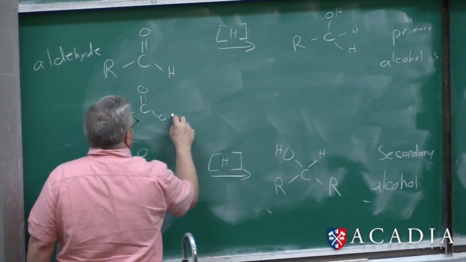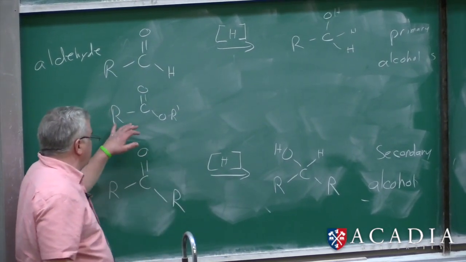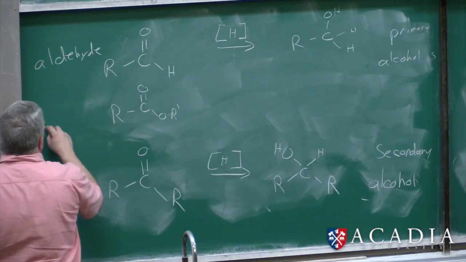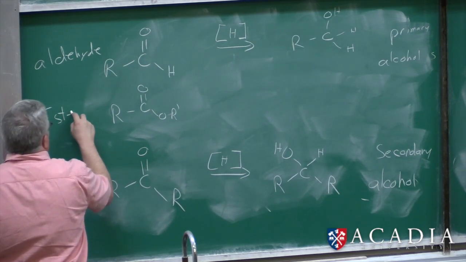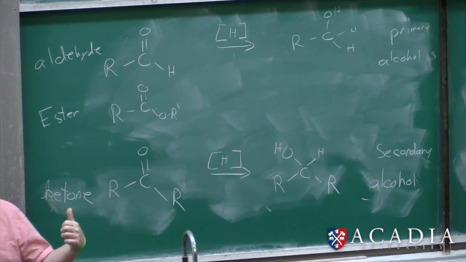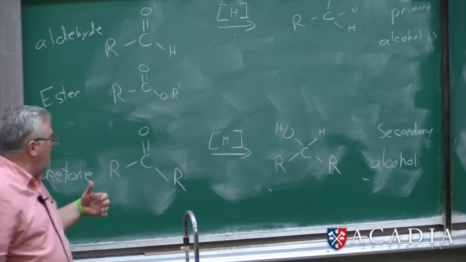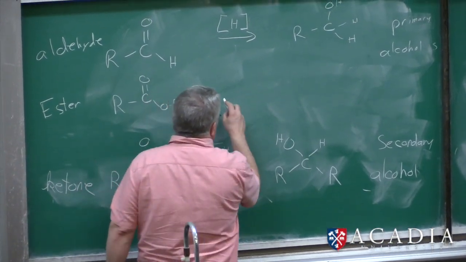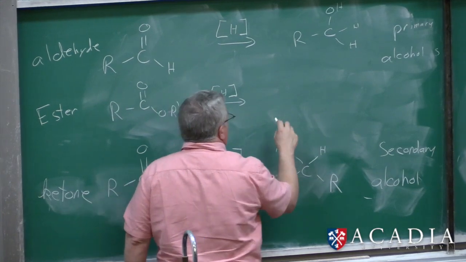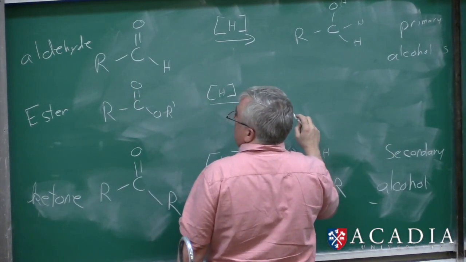And I'm going to call this R prime. So these two may or may not be the same. This is an ester. It's actually formed by reaction of a carboxylic acid with an alcohol. We can reduce these. What do you suppose our products are? Our products are actually, we get